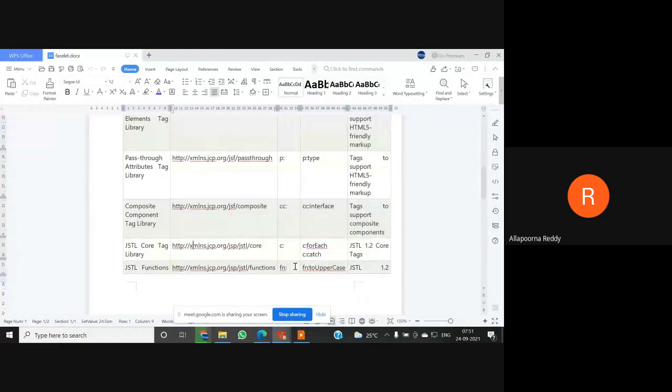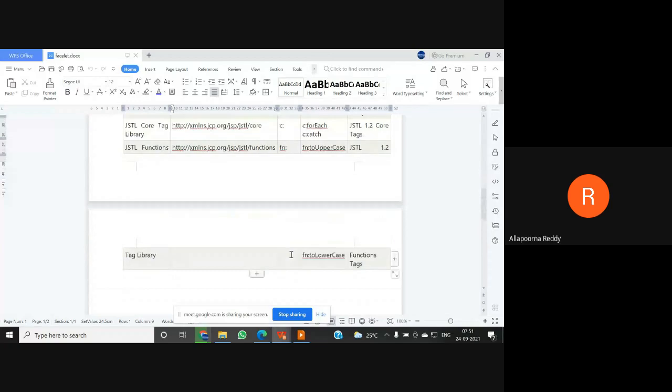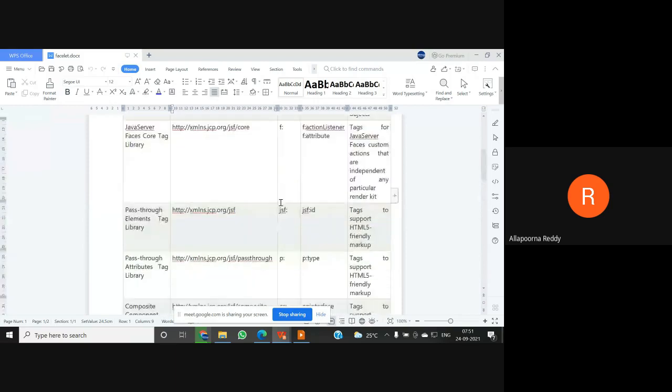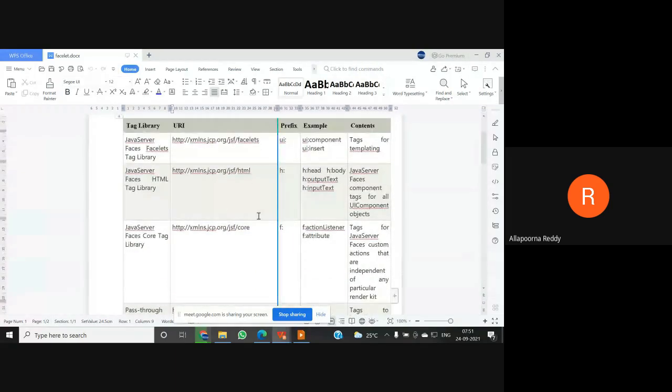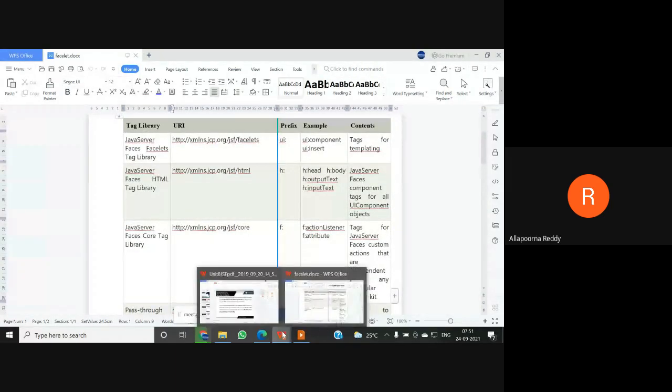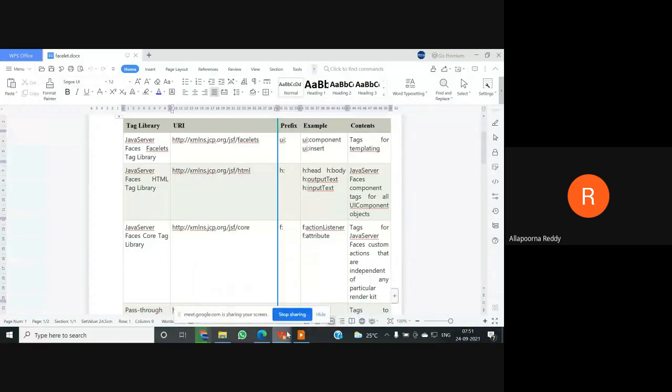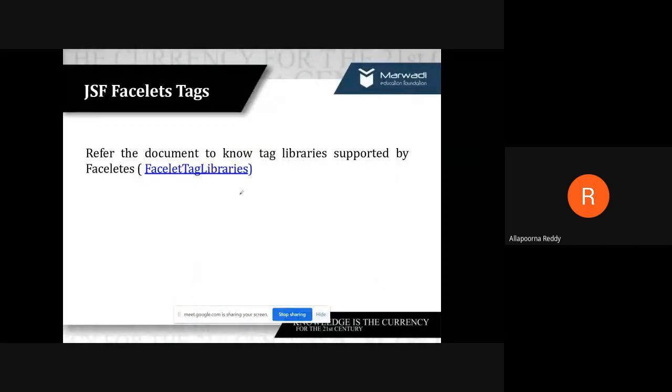C is the common one we are using. For functions, we are using FN. And for the tag library for conversion of lowercase to uppercase and uppercase to lowercase, like this, we need to use different facelet tag libraries in this representation. So this is a document which represents the facelet tags.